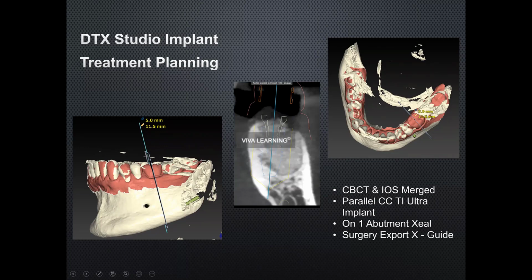We've got an implant placed, and DTX has multiple implants. It'll have Nobel, the whole Nobel line. It'll have Implant Direct, Straumann. There's implants that you can choose from that you're utilizing. And in this case, I love this On1 abutment, especially for posterior teeth. So in this place, we're able to plan an On1 abutment, and we can look at it and see our